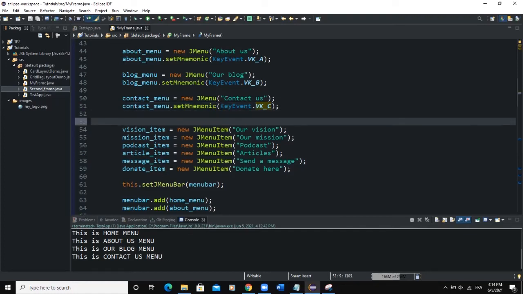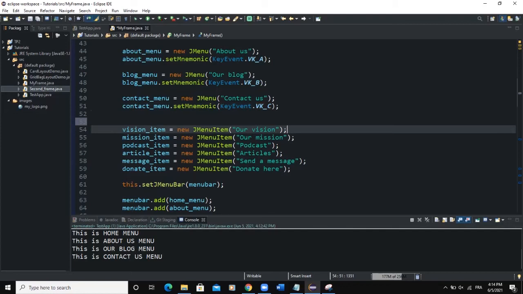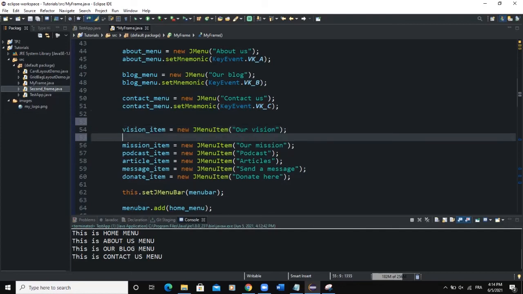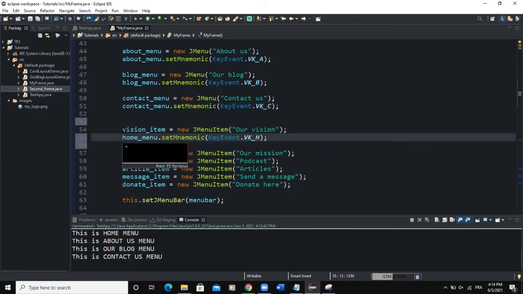All right, what if we want to do the same thing for our submenus, okay, or the menu items down here? How to do that? We will still use the setMnemonic method. So here we would instead write vision_item.setMnemonic. In the brackets, I'll say KeyEvent.VK_